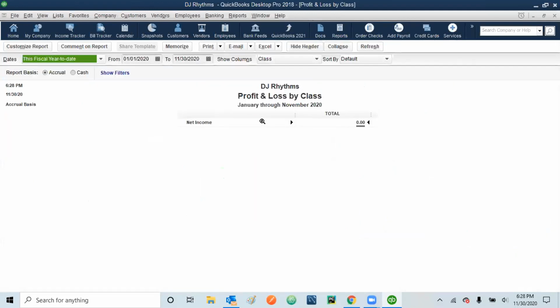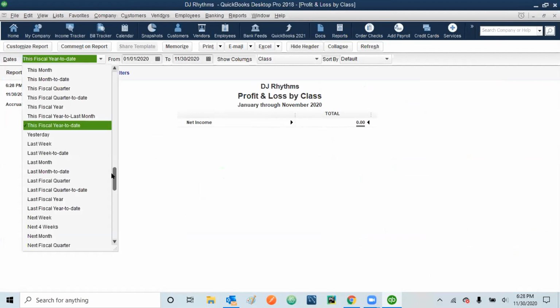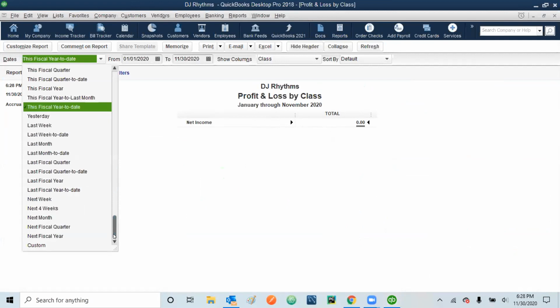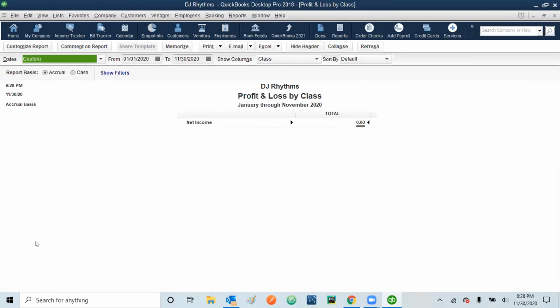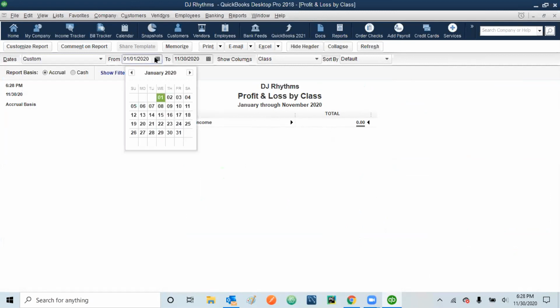And then you can see here it gives us nothing because it is as of today, today's date. But you can always customize the transaction, selecting the custom, and then you can put the date, like as of.